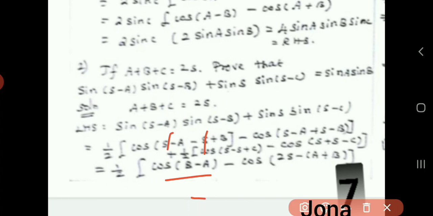In the second term I have 2s only, and from these two I can take minus as common, so 2s minus of A plus B. And then the remaining thing here is the next term, plus half of the second term, cos C minus cos of 2s minus C. Now from these two I have half into cos of A minus B minus cos C, and here half into cos C minus cos of 2s minus C. Now I have half as common, so take half as common here, and then the remaining terms are cos C minus cos D. That cos C minus cos D is 2 sin of